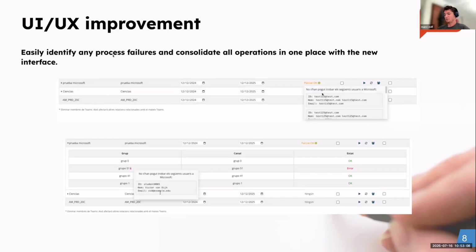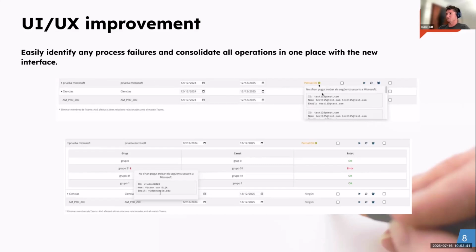And here we also tried to improve the UI, putting all the processes that have run in, even if you want one by one synchronization, or you can also do a cron task to run all the sites that you have specified. Once you have all of this process run, you can see all the results, all the logs